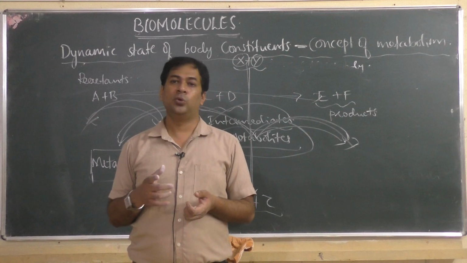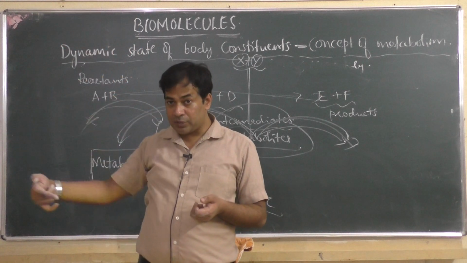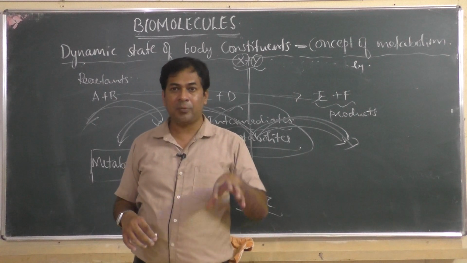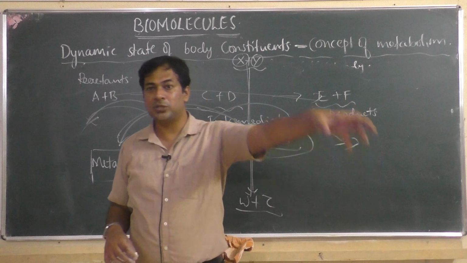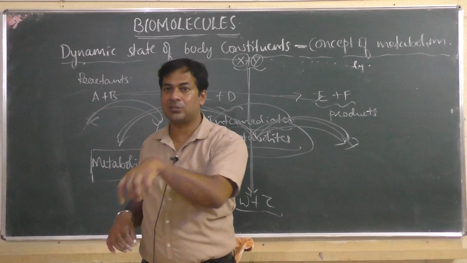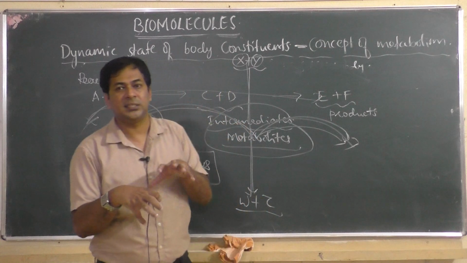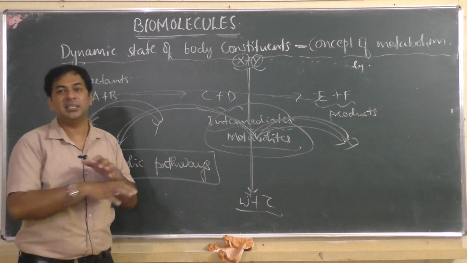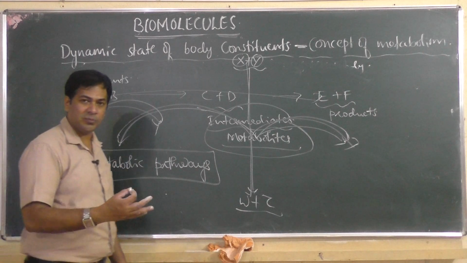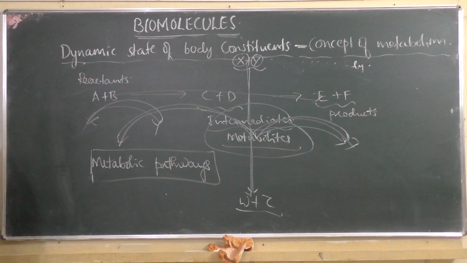So you went through that junction, went to another road and came back with another road. Finally it linked to the same junction. That means one intermediate produced a product. That product produced one more product. That product, while producing one more product, again the same intermediate will be produced. So like that, it is many reactions linked together where the same metabolites are linked to each other in a series, one after the other. Then it is called metabolic pathways. Pathway means a way, a route of a reaction. That is what I was talking about.